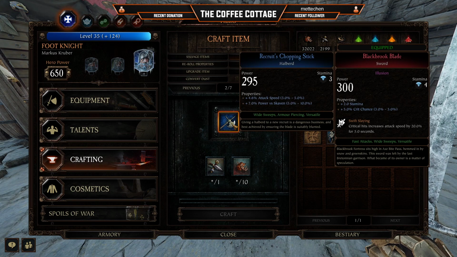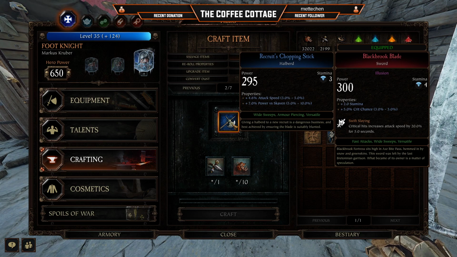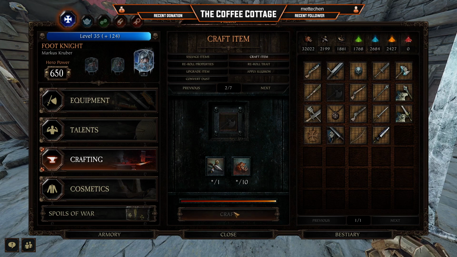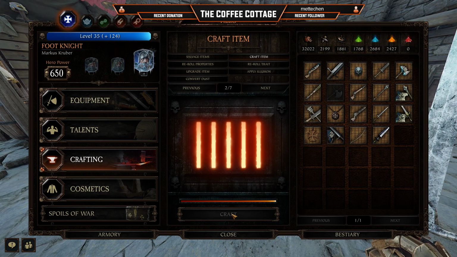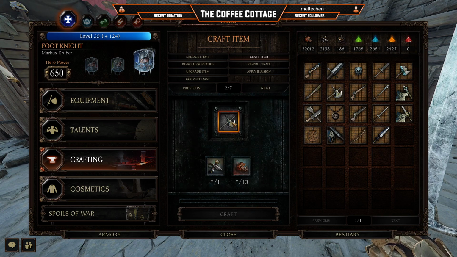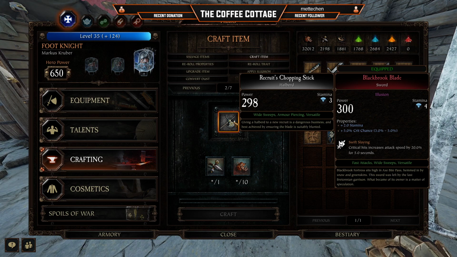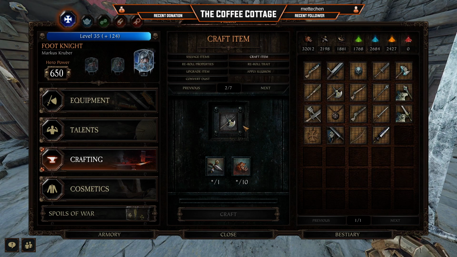I was lucky that it came up blue. However, the power is only 295. So for me, playing at max level, 295, I can't use that. I need 300. So I just take that out, put another one in, and craft again. 298. Now, as you reach max crafting level, which is 300, you still have...